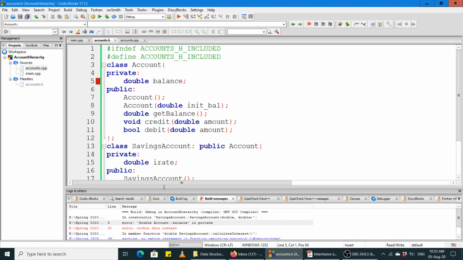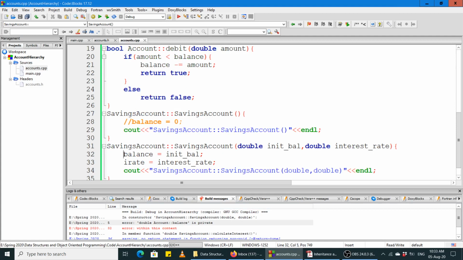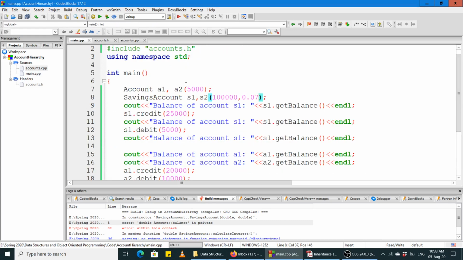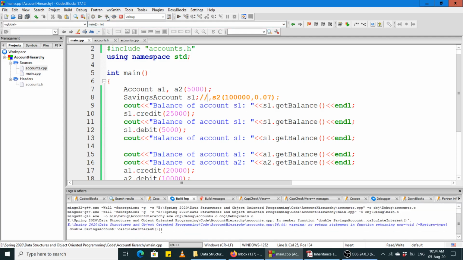हाँ जी, वो बात तो ठीक है। अब हमारा वो वाला एरर नहीं आ रहा। अब कौन सा एरर आ रहा है? अब हमारे पास एरर ये आ रहा है कि सेविंग्स अकाउंट क्लास का जो दूसरा ओवरलोडेड कंस्ट्रक्टर है, उसमें भी हम बैलेंस को एक्सेस करने की कोशिश कर रहे हैं। ये काम भी हम नहीं कर सकते, ठीक है। अच्छा, यहाँ पे मैं इस कोड में अब थोड़ी सी तब्दीली करता हूँ। इस पार्ट को कमेंट आउट कर देता हूँ, ठीक है। अच्छा जी, लेट अस सी कि ये कैसे काम करता है।